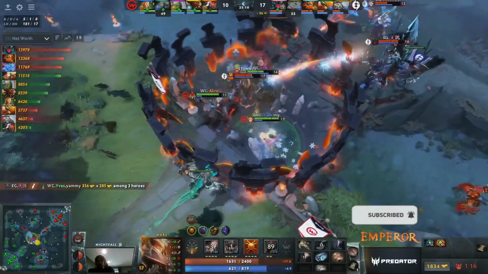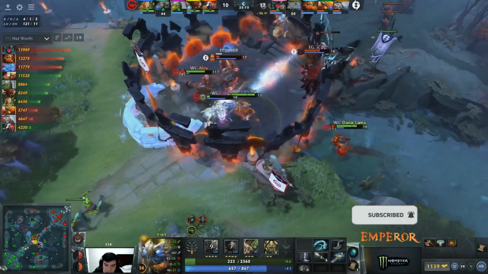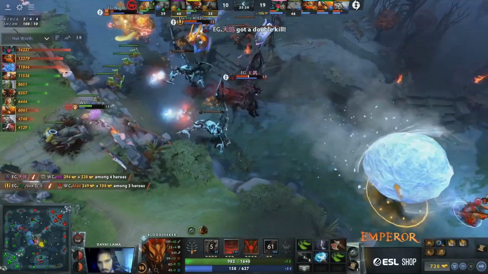There's a beautiful arena from Nightfall. He captures 3 of them, but they have so much damage, it's looking like he's not going to be able to survive this. He's going to turn back around. Esk, though, he doesn't want to stick around. He's got the BKB. They're actually going to be able to keep Nightfall alive as we lose Alex and Divine